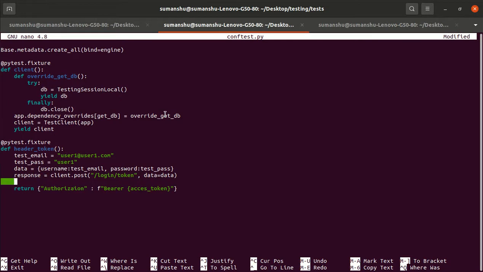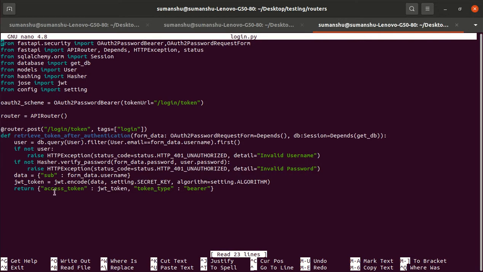So access token is equal to response.json, and within the JSON we have to access which key? We have to access the access token key, because the access token key has the value JWT token.